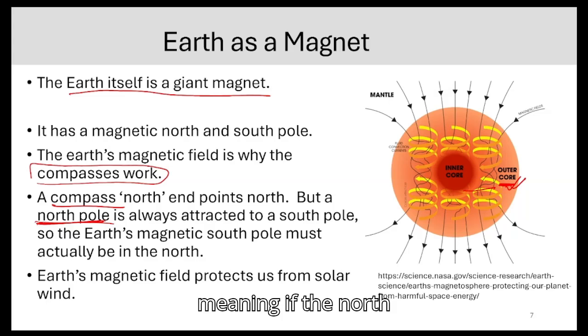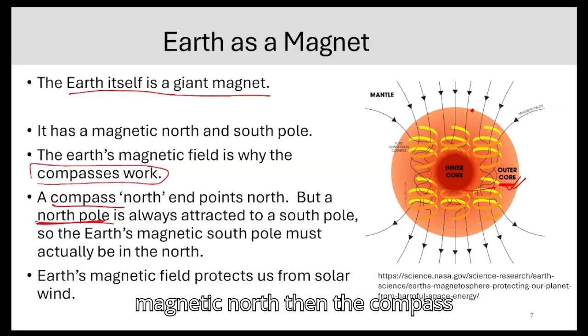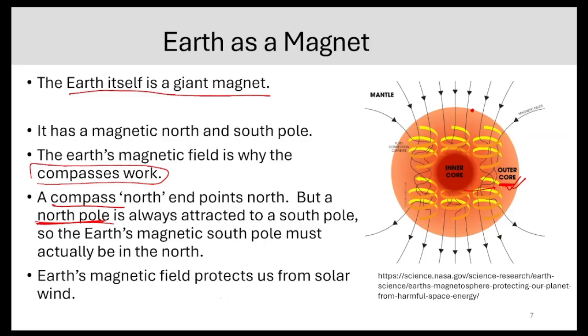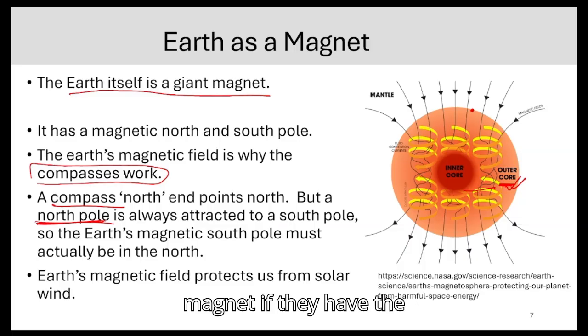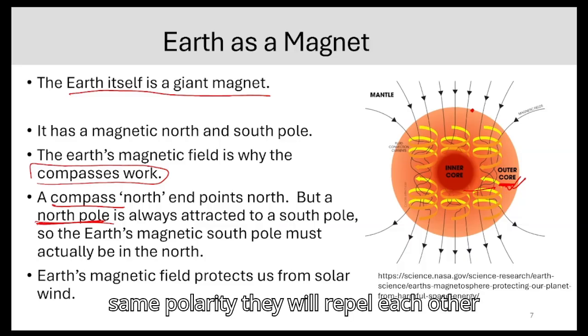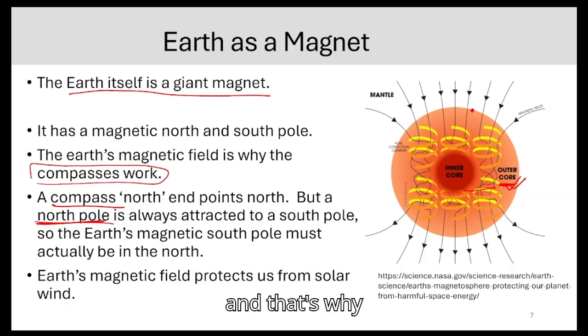Meaning if the north pole of Earth was magnetic north, then the magnet on the compass and the Earth's magnet, if they have the same polarity, they will repel each other, and that's why